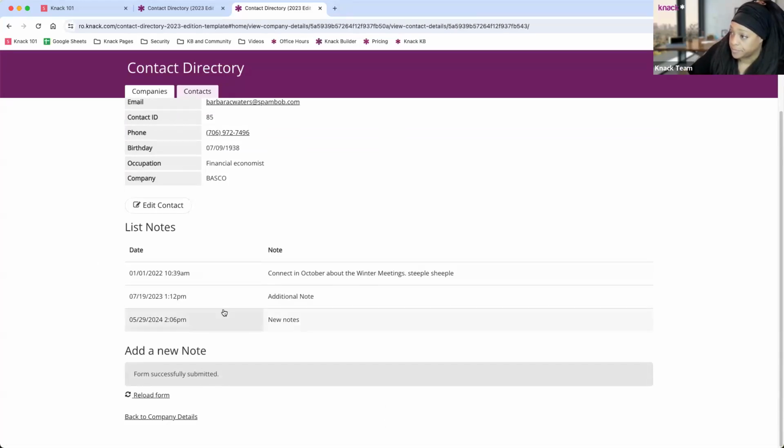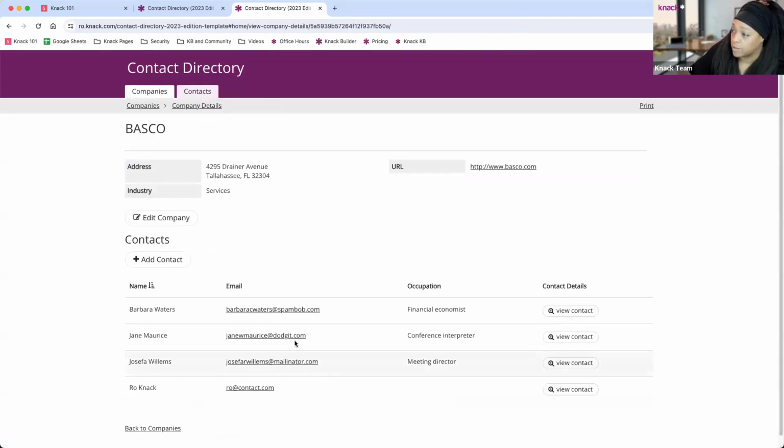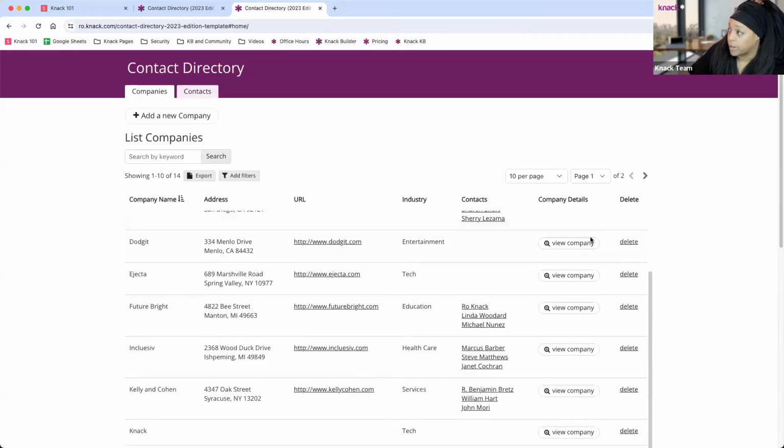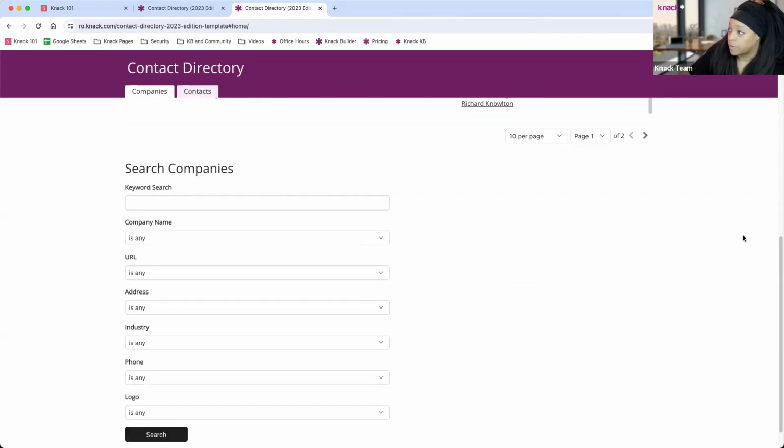within Knack. And then again, I have links to take me back to my previous pages where I can see some new information here related to, or the additional details or the contacts related to the company. So jumping back here, if I scroll down a little bit more on the page, you'll see that I also